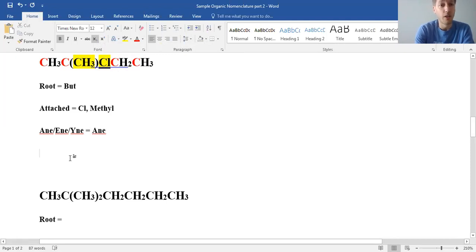What do we have attached? We have a methyl and a chlorine, going alphabetical order. What carbon are they on? They're on the second carbon, because it's better to name this from the 2 carbon rather than the 3 carbon. So we're not going to go 1, 2, 3. We're going to go left to right, 1, 2. So it's going to be